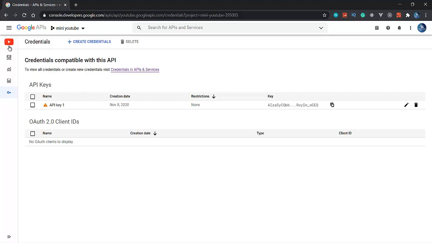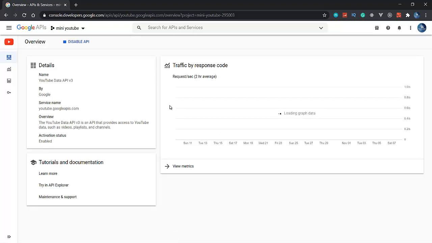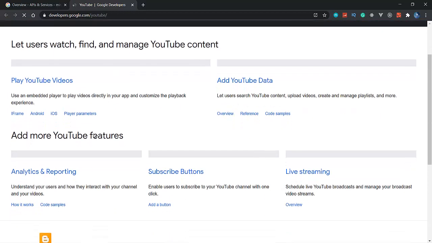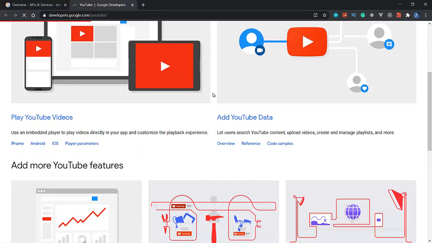After that, let's go back. Our API key is done, so we have to go to the documentation. This is the documentation of the YouTube API. Like I told you, we can do many things here.